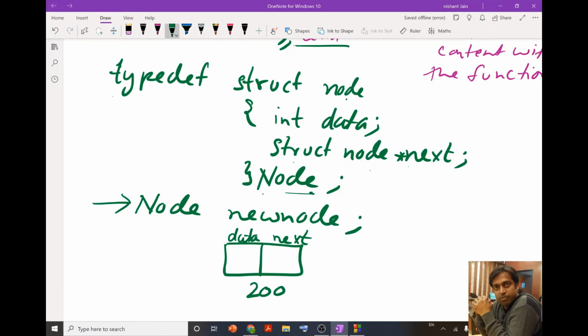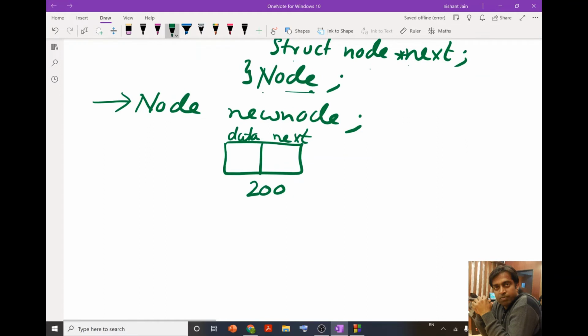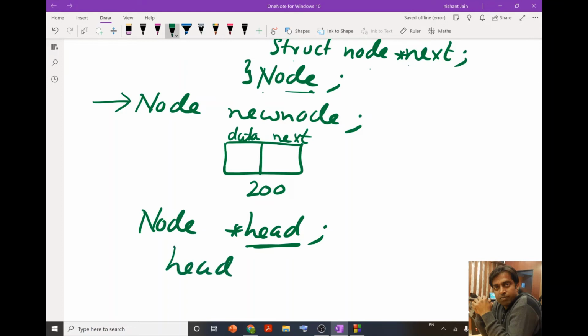And if I write node star head, it means that this head is going to store the address of a structure node. Usually in the starting we can put head equals to null. So when we do not have any node in the linked list, we can put the value of the head as null.